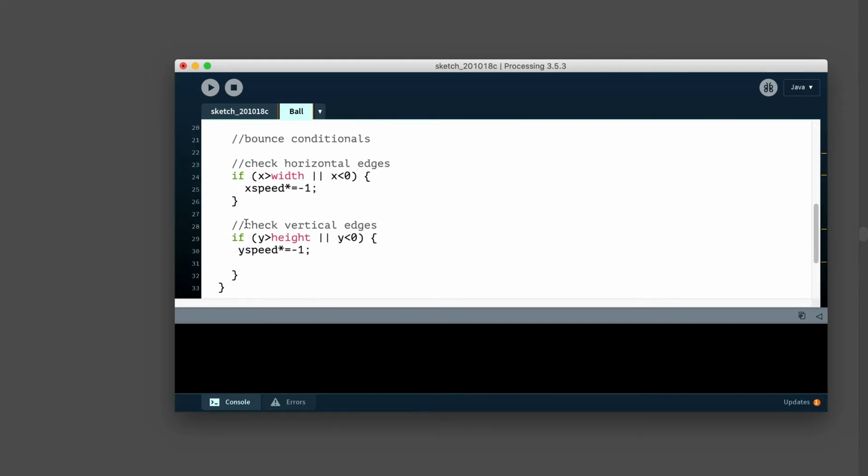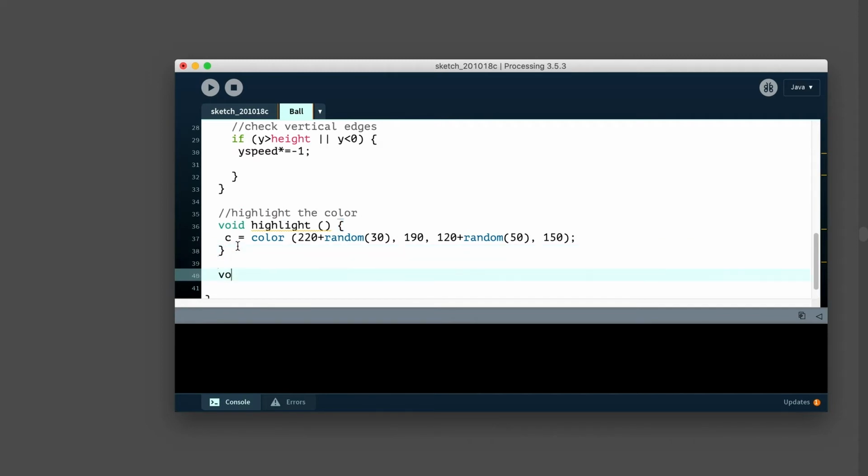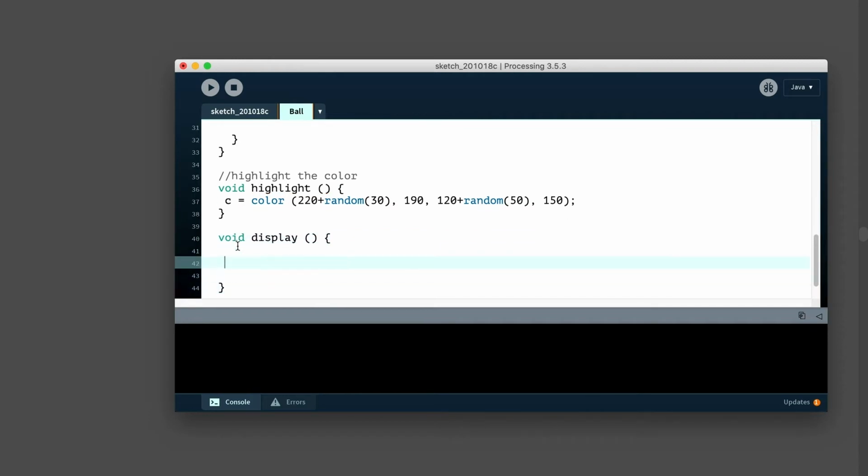Okay, so I've moved it. I haven't done the display yet here. So we haven't even drawn anything yet. So we can write this function out. So let's turn off the stroke for this. We just want the fill to be c.